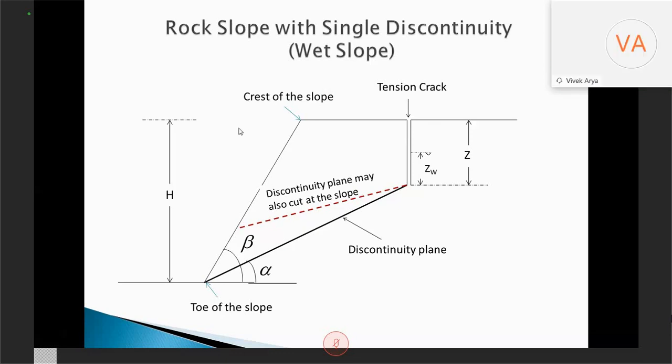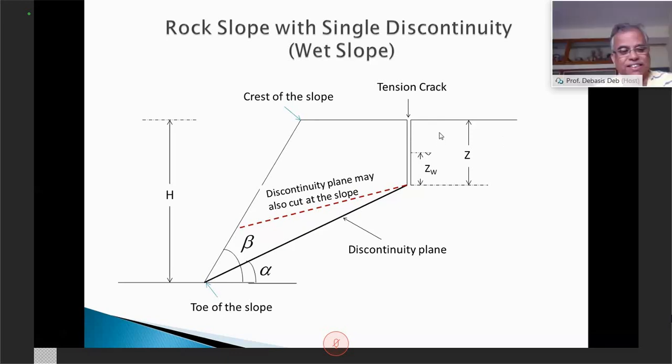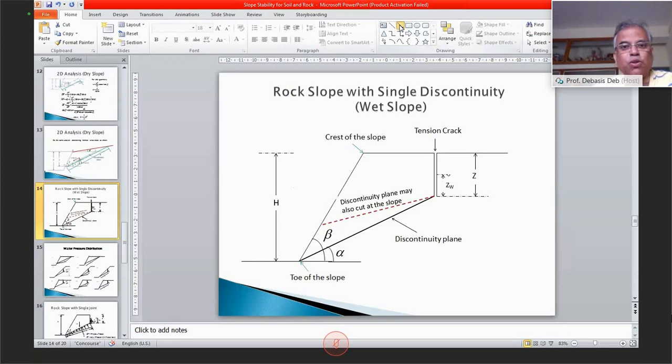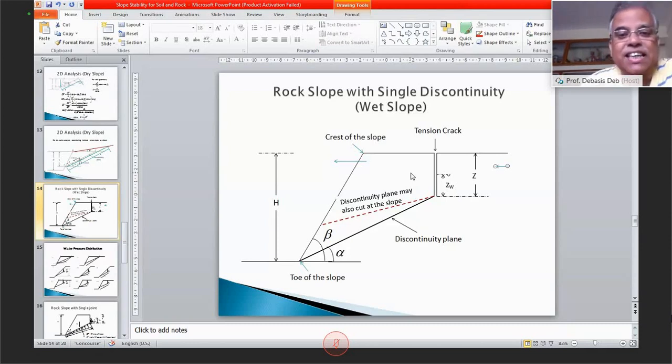This can move in this direction. So very high as compared to the movement in here. Just a minute, let me show you. What I am trying to say is, the movement of this rock in this direction is pretty high, and the rock here has very low movement. So there is a huge gradient as far as, let's say, this x direction movement is concerned. That's why a tension is formed.